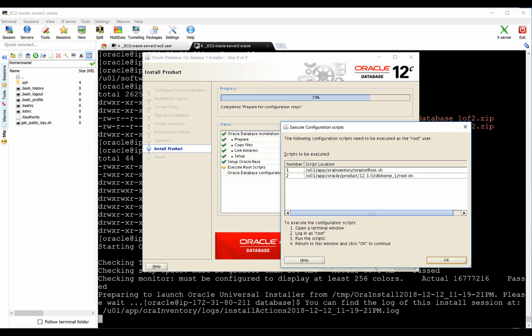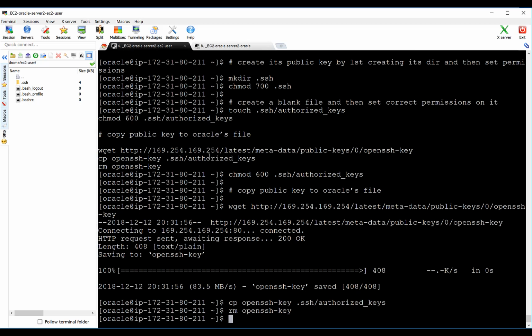So the installer will pop up a window asking to run some scripts with root access. So you have to go back to your EC2 user session if you don't have it open. I already have it open, so I'm going to just run the command straight. Sudo u01